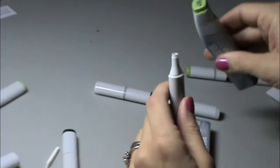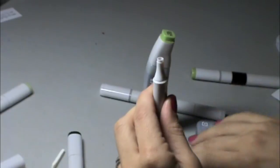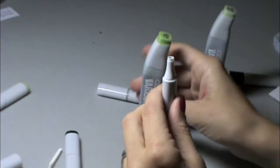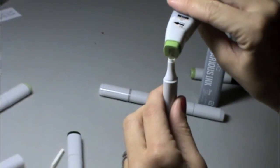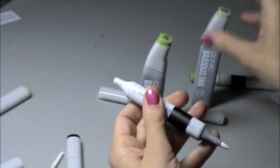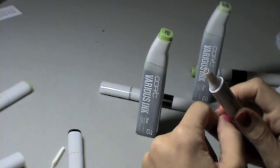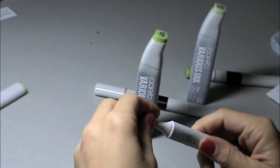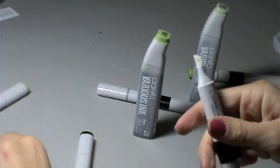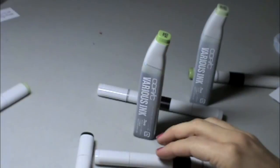But I would just literally go like 5 drips of one color, so this would be like 5 drips of G24 and then 5 drips of G28. I know that's not the re-inker that I'm holding, but I just kind of go back and forth, 5 of one, 5 of the other, 5 of one, 5 of the other, until you start to see it get juicy down there on the tip. And then just slide the chisel tip back inside and label your marker, and you've created a custom color. So it's really easy, and if there are marker colors that you use a lot, it's definitely